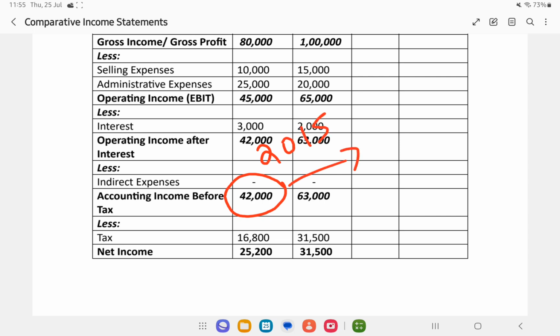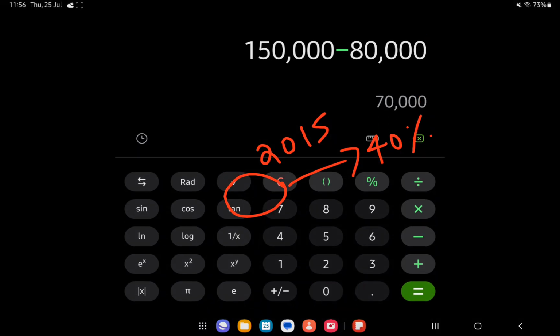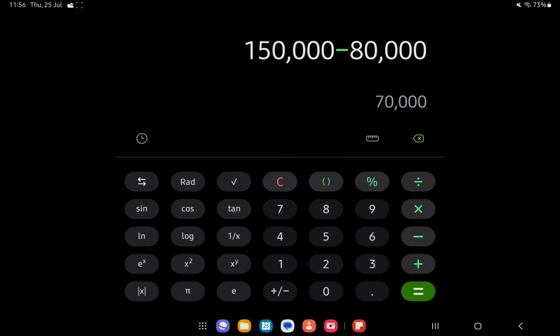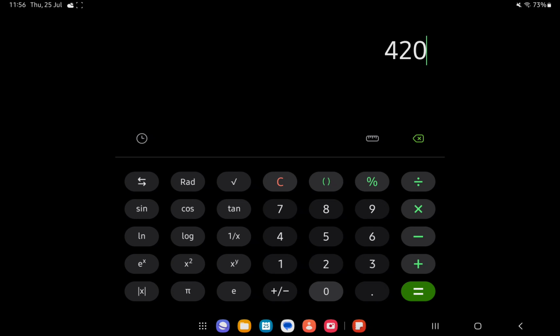In 2050, 40% of such income is to be paid as income tax. Going back to the calculator, remember the amount 42,000. Taking 40% of 42,000,